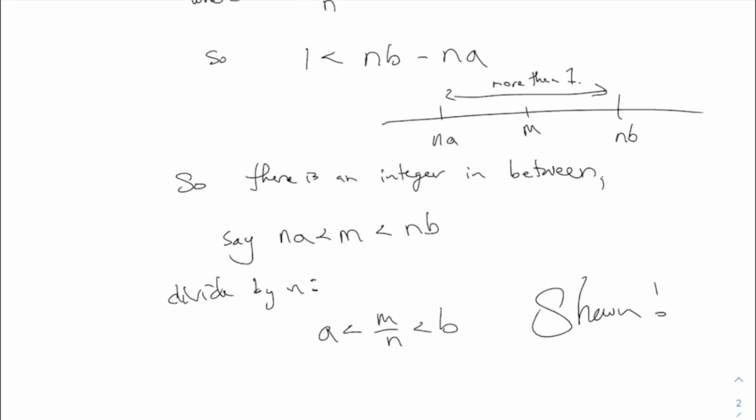Any thoughts about that? Any questions? Is this a mind-blowing theorem? I'm not sure. I don't know if you have ever thought about this, but if you think about it a little bit, you will realize, yeah, there must be a rational number in between any two irrationals. Is it true that there's an irrational in between any two rationals? Yes, that is also true.